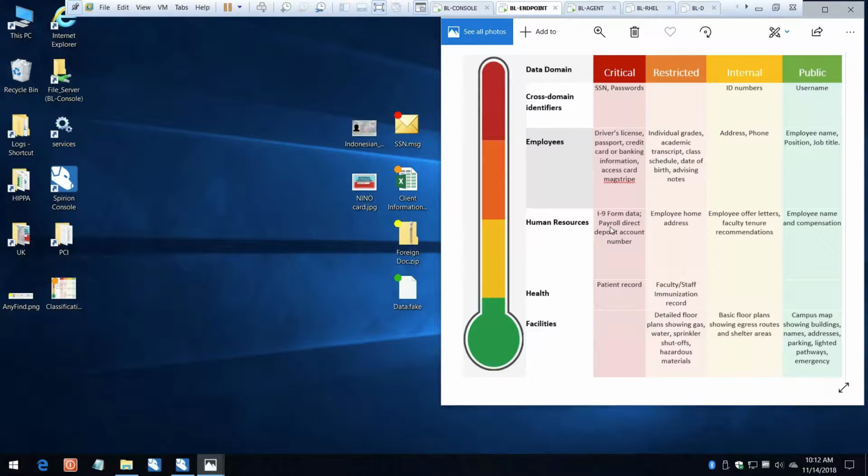So in this case, we're looking for critical information, which happens to be the most sensitive information as relates to GDPR. So in my GDPR environment, I'm looking for information like this: SSN. This could also include NIN and things like that, passwords, driver's license number, passport information, banking information, so financials information, and various other attributes of information I'm looking for across the data domains. So Spirion can adapt to many types of data within a single organization very well.